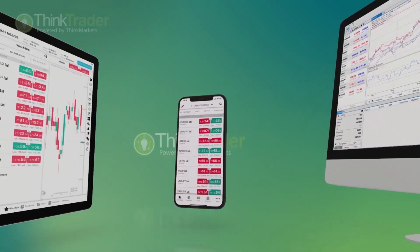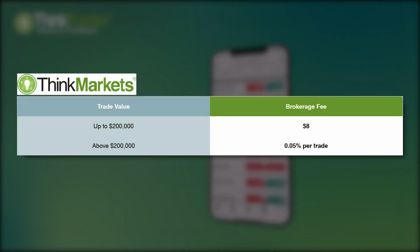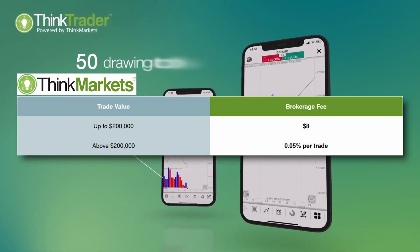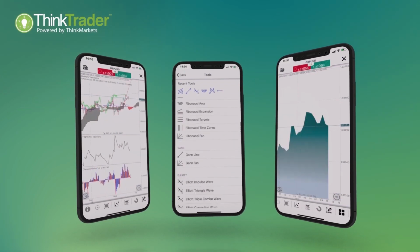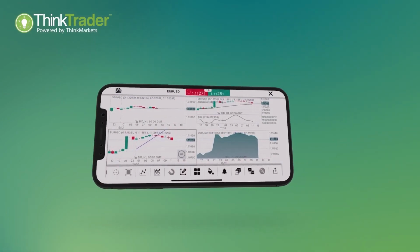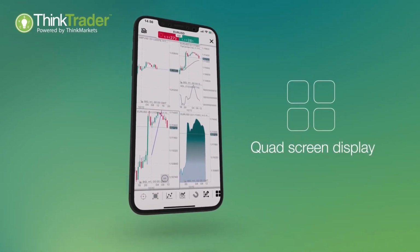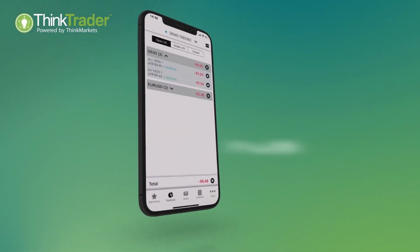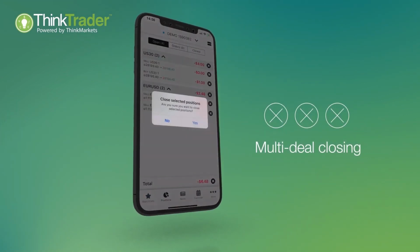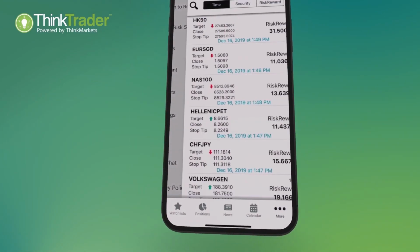ThinkMarkets is a hidden gem of a broker with a flat fee brokerage of only $8 per trade, beating out even Selfwealth while registering share ownership via your own individual HIN number. There are no subscription fees, no inactivity fees, and no minimum trade fees. So why has it flown under the radar all this time? I think that being relatively new, it isn't marketed as aggressively, and a lack of referral program has kept the